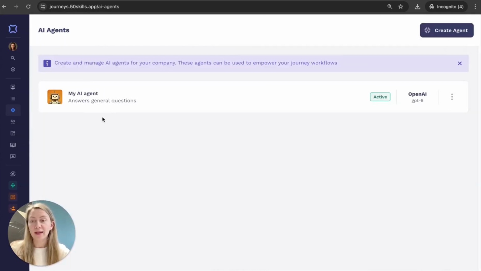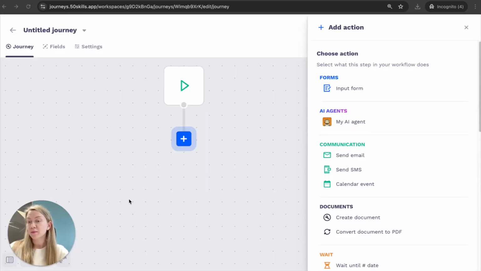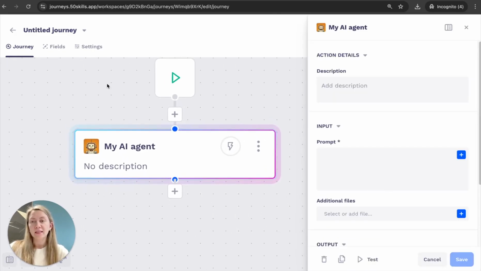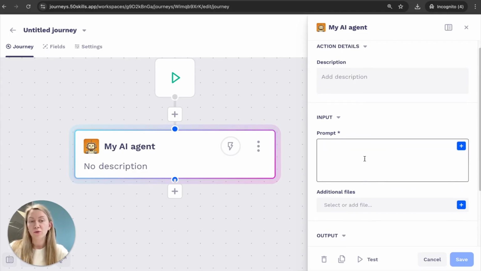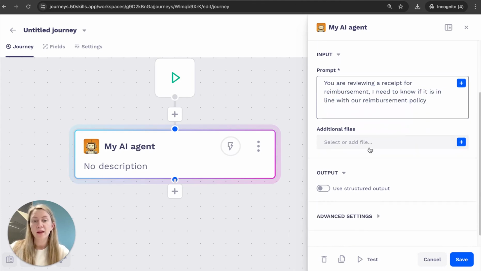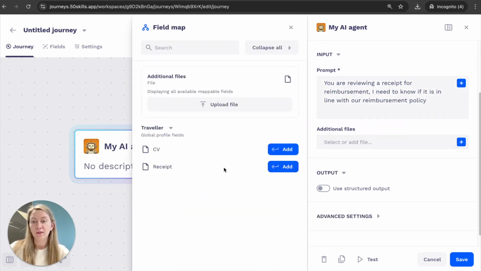So now I have my AI agent, and I can start to use it in a process. Let's look at some process. So let's say I'm somewhere in a process, and I want to use my AI agent. You can see now the agent I just created is here. I can add that in. And let's say this is a reimbursement journey, for example. Someone has submitted a receipt, and I want the AI agent to review the receipt and tell me, is this a receipt, does the data match, and so on. Then I can write here the prompt that I want to use for it. For example, you're reviewing a receipt for a reimbursement, and then I add the file here. I already have the file here, the receipt